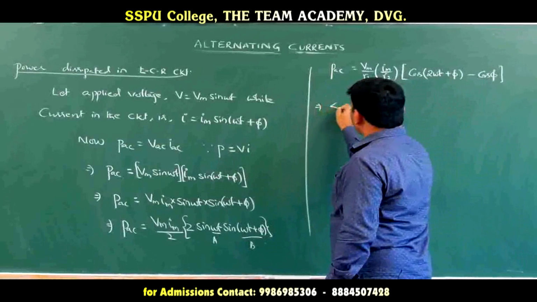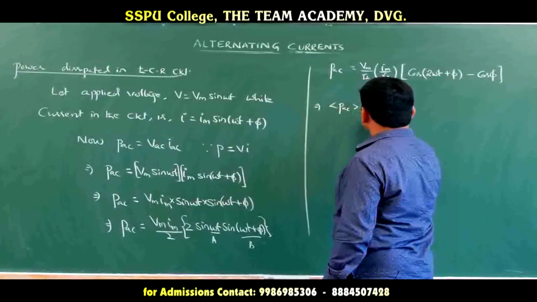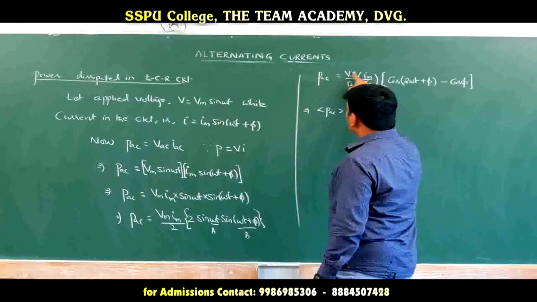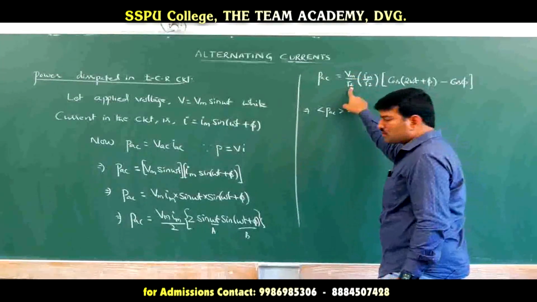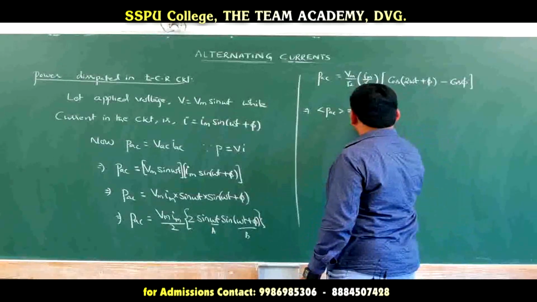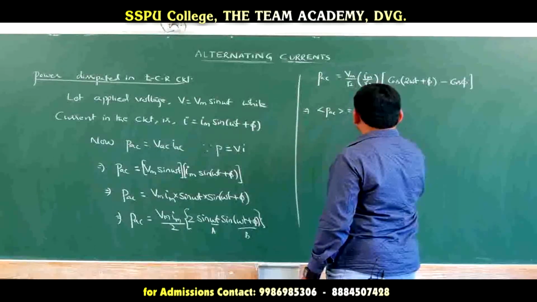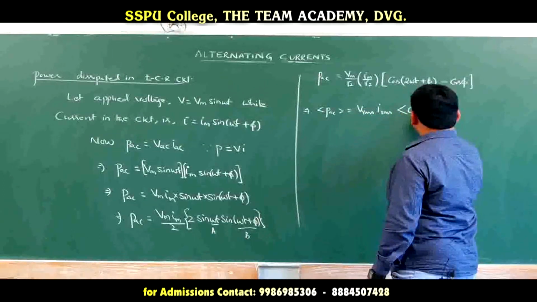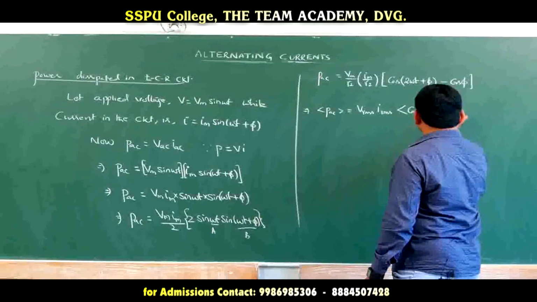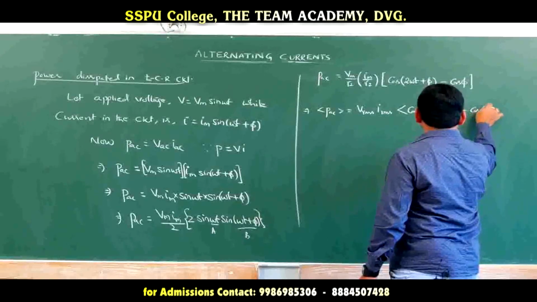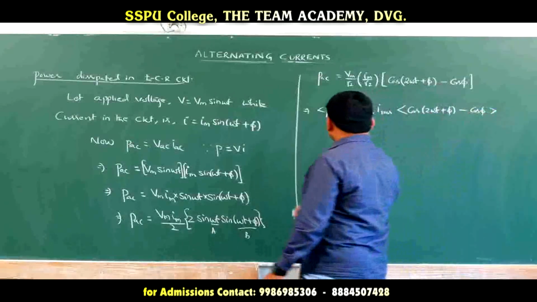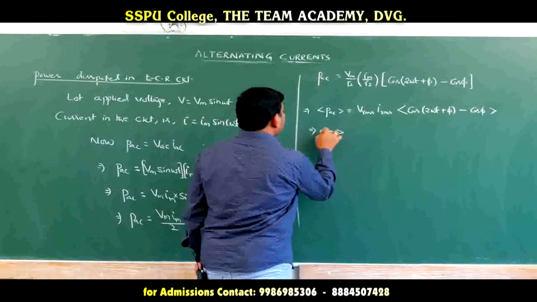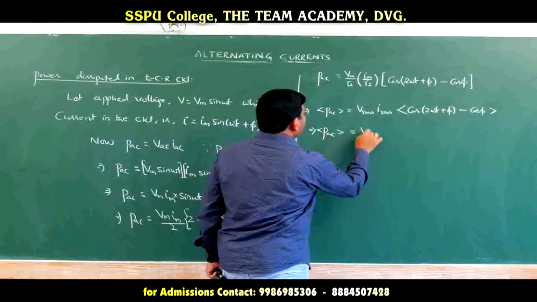Now, the average value of AC power: the average value of this is constant, so there is no need to take an average for it. But what is Vm by root 2? Vm by root 2 refers to the RMS value, Vrms, and Im by root 2 is Irms. So Vrms into Irms into the average value of cos(2ωt + φ) minus cos φ. Now, the average value of AC power is equal to Vrms into Irms into,